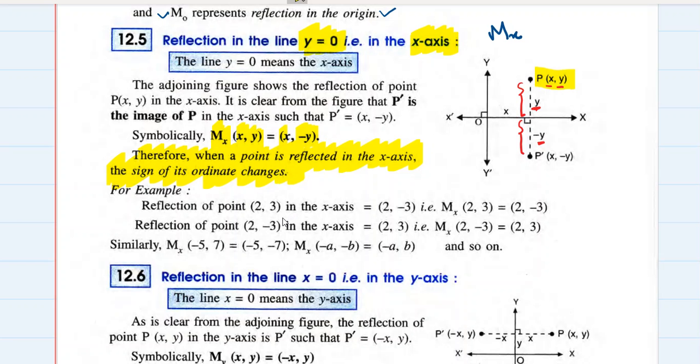Ordinate मतलब y coordinate. y कोऑर्डिनेट की साइन चेंज हो जाएगी, x कोऑर्डिनेट एज इट इज रहेगा। अब ये फॉर्मूला है तुम्हारा, ठीक है। इसको तुम्हें कैसे लर्न करना है और कैसे अप्लाई करना है इसकी बात कर लेते हैं हम लोग।